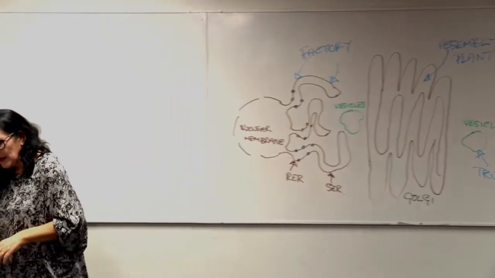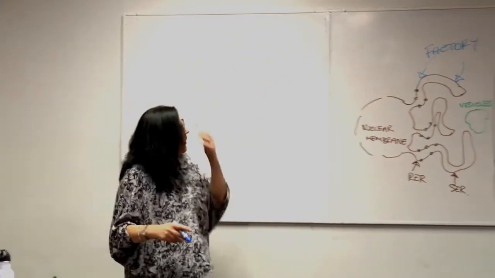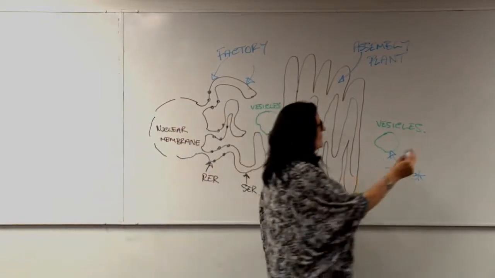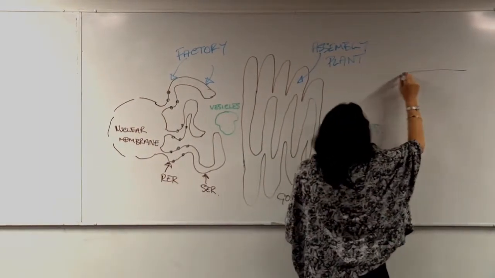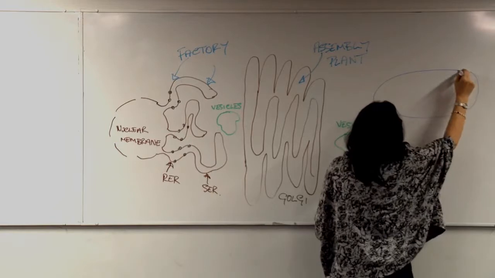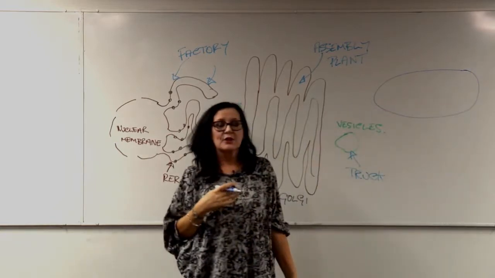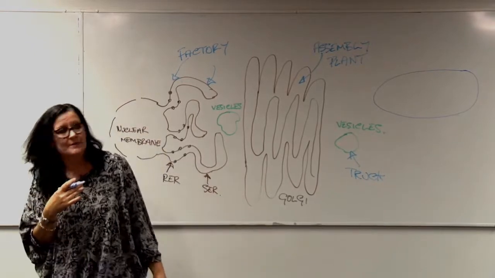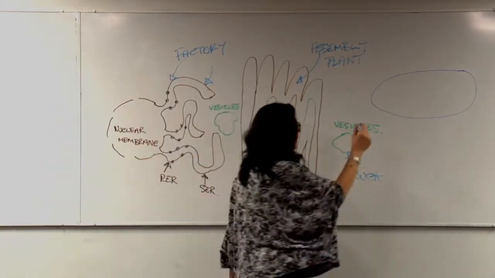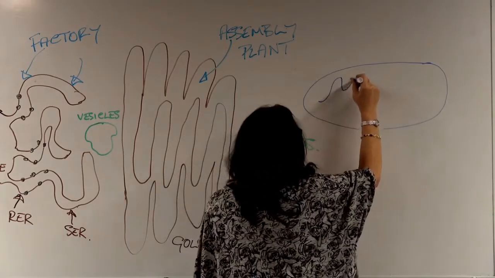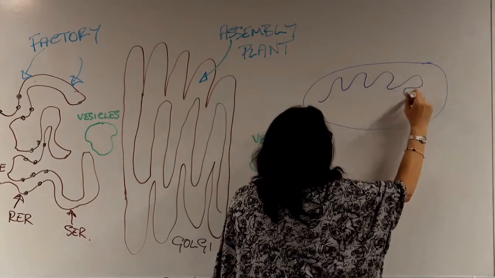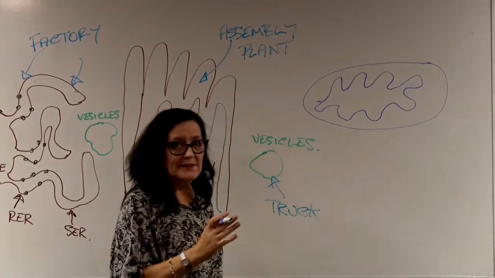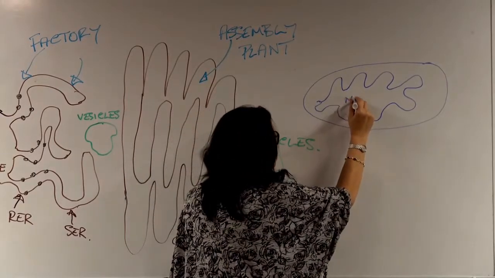Our other membranous organelle, really important one, is our powerhouse. So here we have our mitochondria. Mitochondria have two phospholipid bilayers. They have a double membrane. So you have one on the outside, then you have one squiggly one on the inside, and that gives you a center, the matrix,